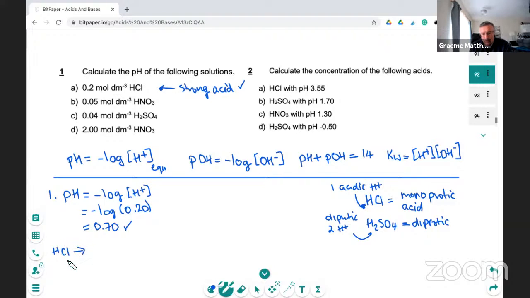HCl, obviously aqueous, is going to ionize 100%, like 99.9%, to hydrogen ions and chloride anions like this. And so, yes, it's a 1-to-1 correspondence, which means that the concentration of hydrogen ions is the same as the concentration of the HCl. Nice, easy correspondence, right? Now, having said that, chemists, did I put down too many decimal places, too many significant